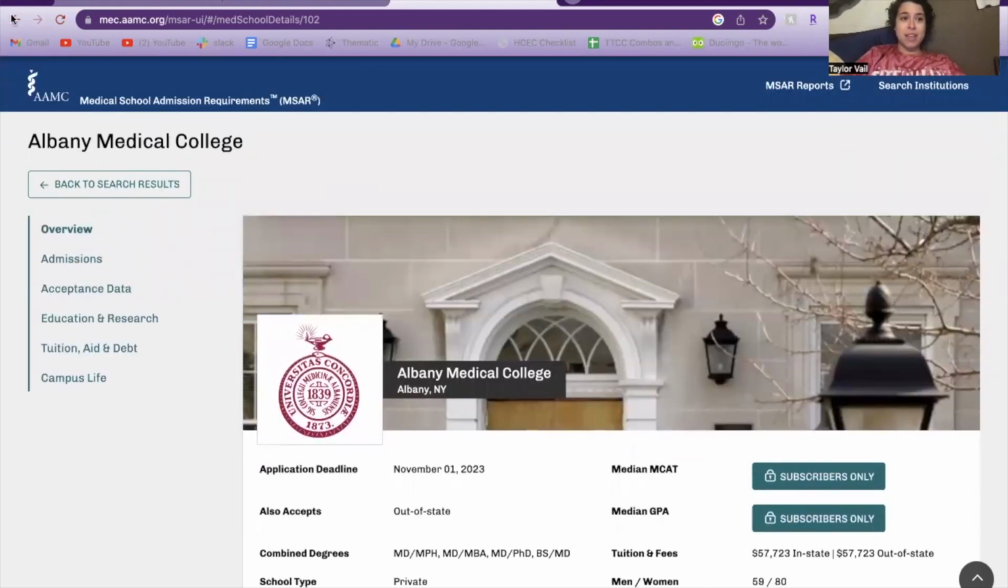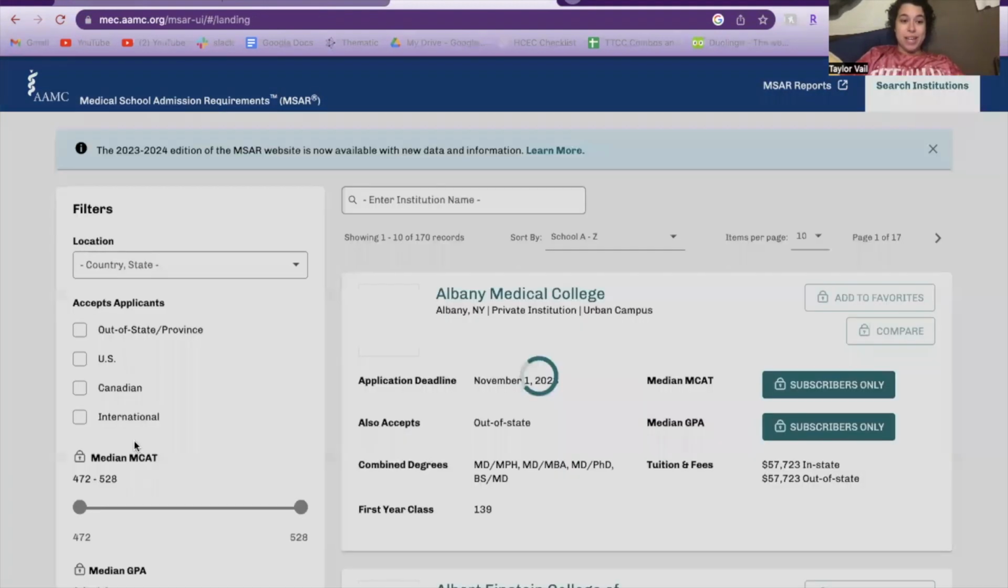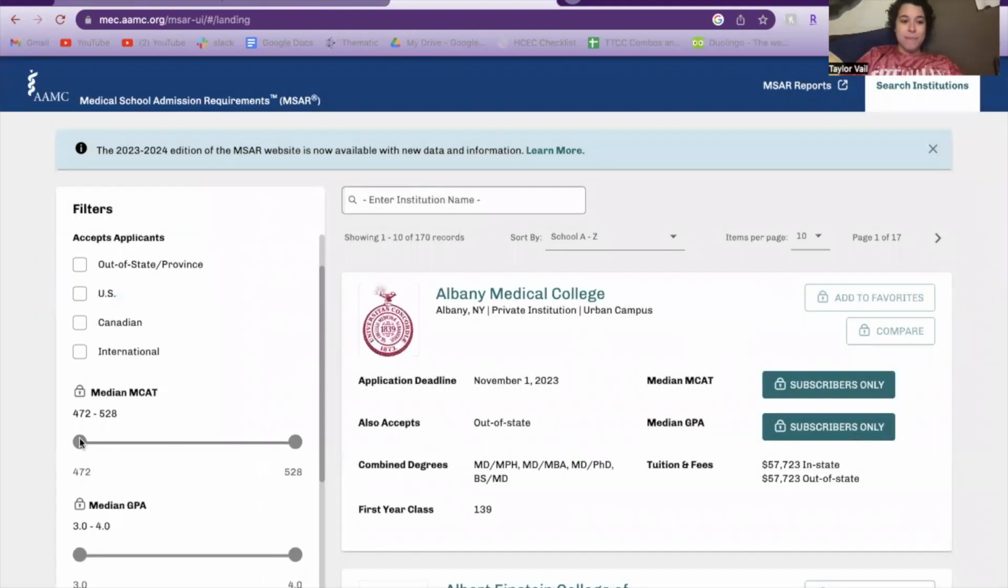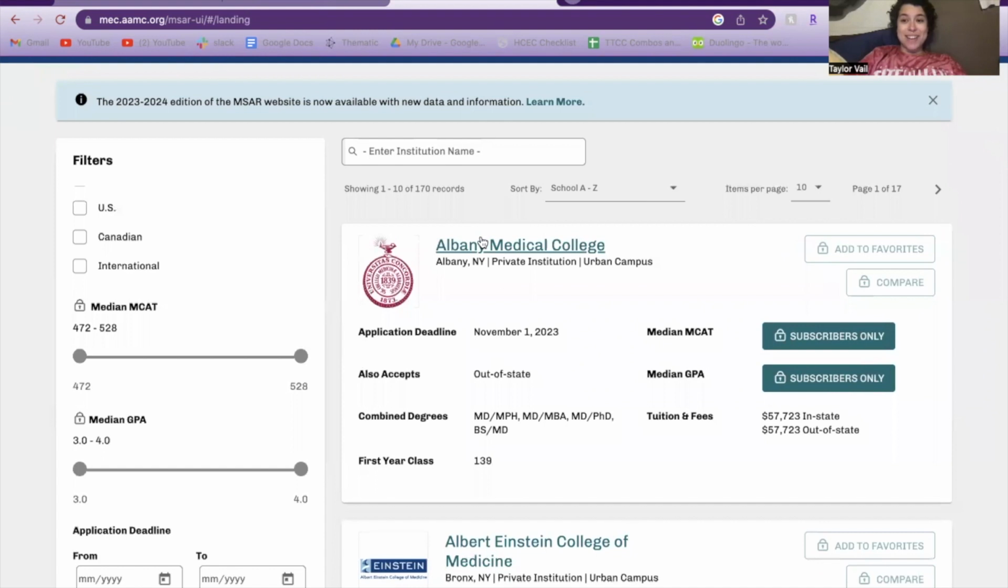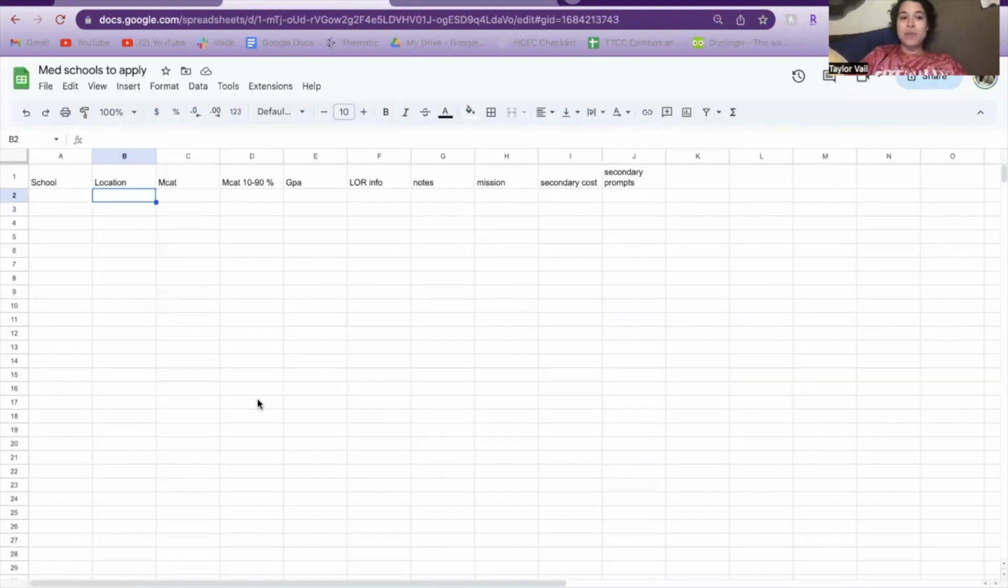So I basically went through this website. This will unlock, of course, when you have the subscription. But I first judged, okay, my MCAT's a 507. Let me see schools that are in that range in a big city. And then ultimately, what I did is I started copying and pasting all of this information into an Excel spreadsheet. So I had the school name, the city it was located in, their median MCAT, and then